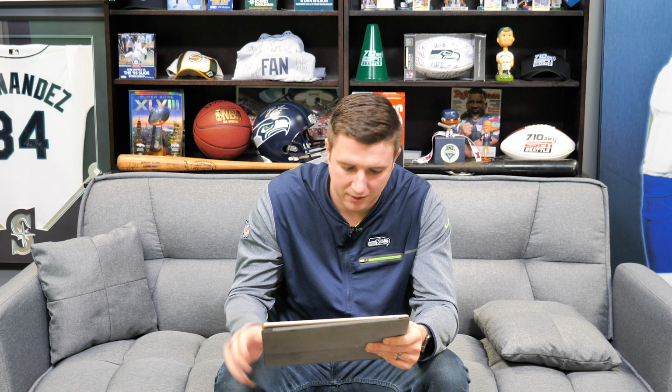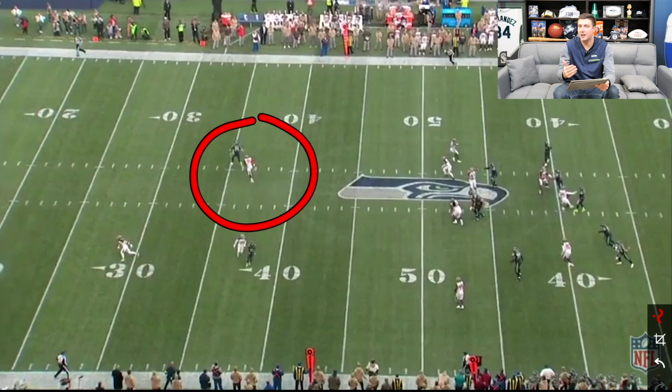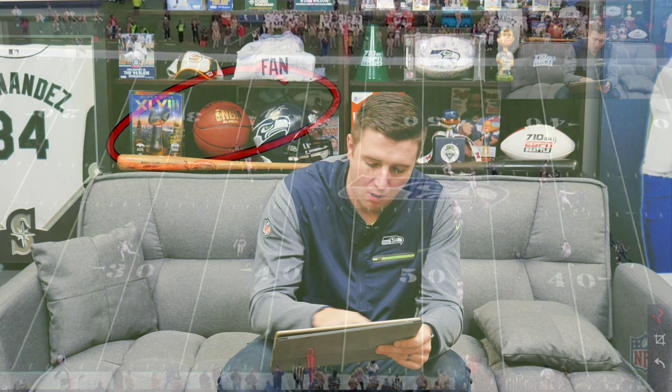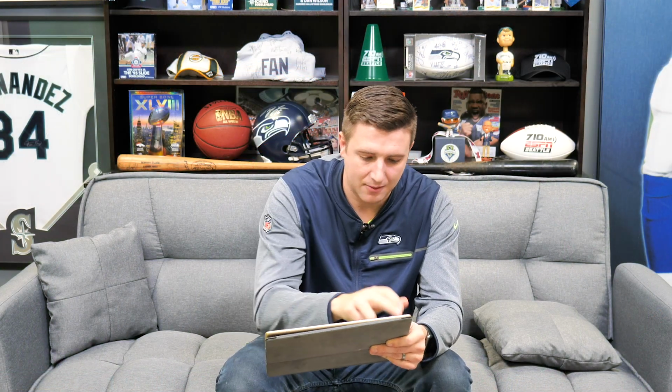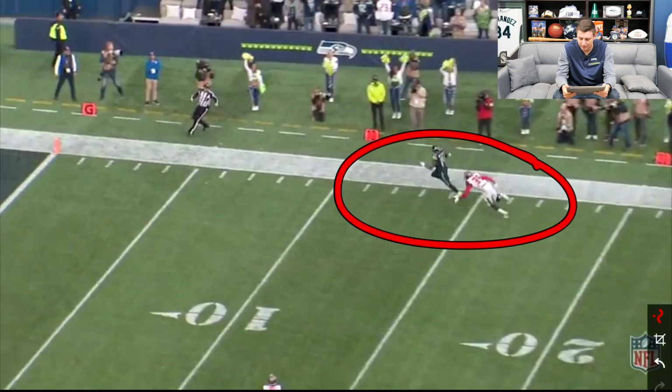Now we go to the next picture, and you're going to see why that was such a great move. Look at the separation that DK has created here. Because he stair stepped him and made that nice little adjustment in his route running, he gets this awesome separation, which makes it very easy for Russell Wilson to throw this football out in all this space for DK. And now DK, being the physical freak that he is, at 6'4", 229 pounds, 4.3 in the 40, has James Dean, unfortunately, with a nice effort but zero chance to catch DK Metcalf in the open field, and it's an easy pitch and catch for a touchdown, getting the Seahawks up in a critical situation on 4th down